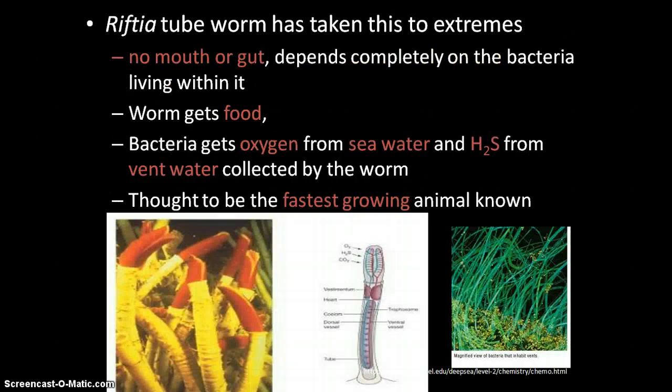One of the main things that you will actually find at the vents are Riftia tube worms. These worms are really weird. They do not have a mouth or a gut like a normal worm has. Instead, they have an organ that they use to harbor these chemosynthetic bacteria. And what you see in this picture right here on the left, these red parts, those are their gills that they